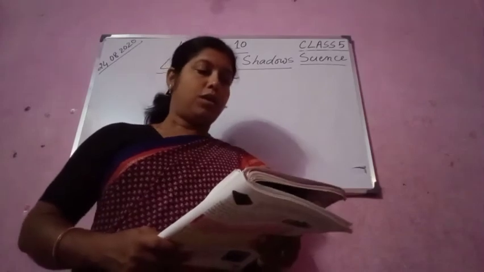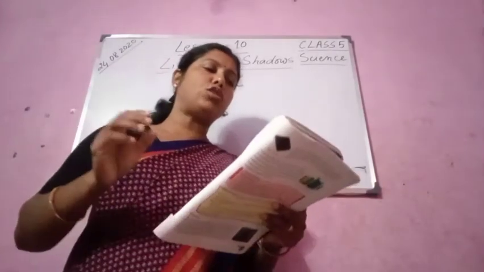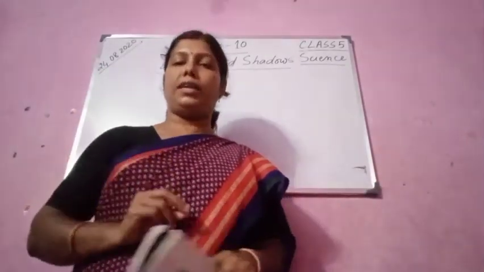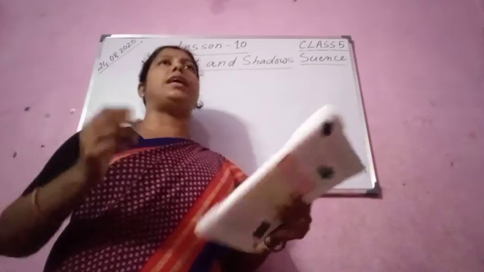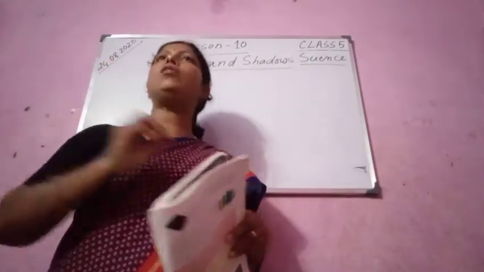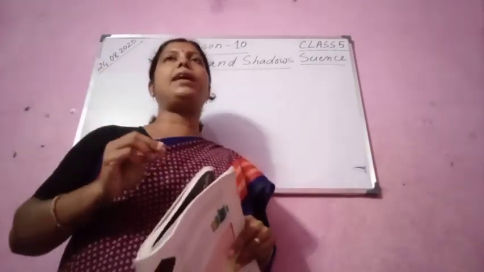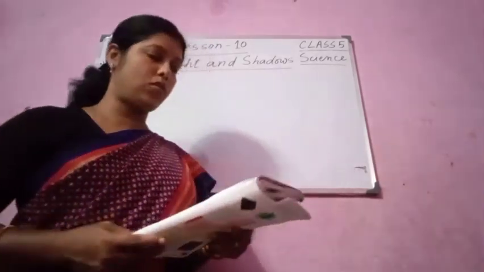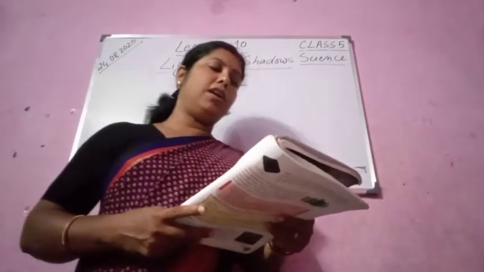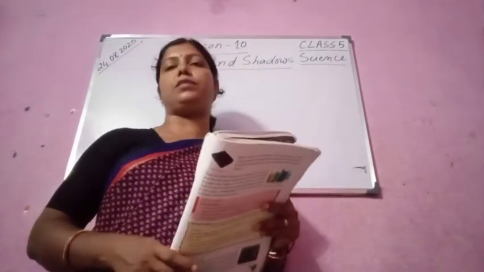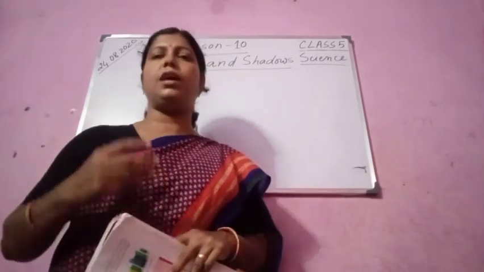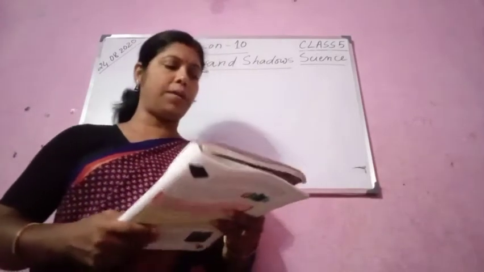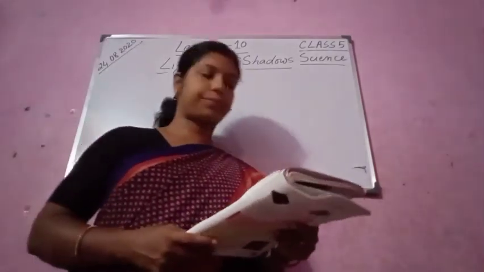So to view things you need a source of light such as sun, bulb, tube light, burning candle or torch. Yes, if there is light you can view anything, but to view that particular thing you need a light. It may be a light of a candle, it may be a light of a bulb, a tube light, anything it can be. In this chapter you will learn more about light and its significance. What is the meaning of significance? The importance. We are going to learn about light and the importance of light, its significance. Now let us start.